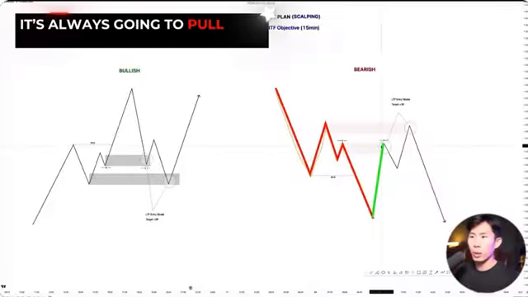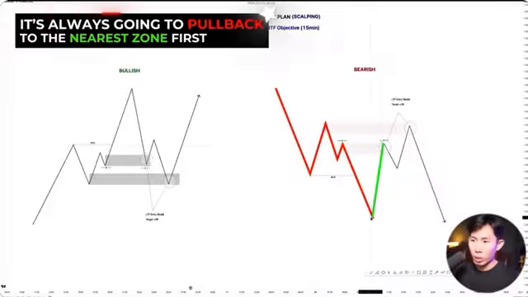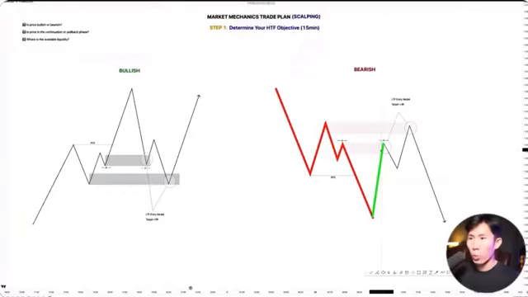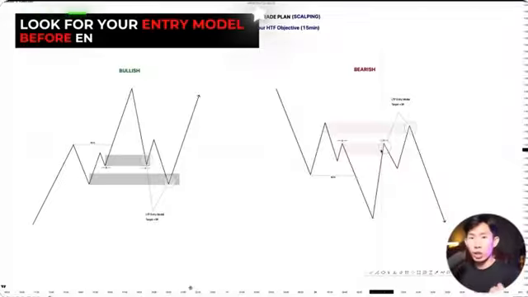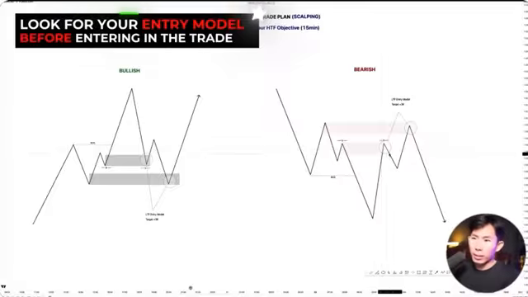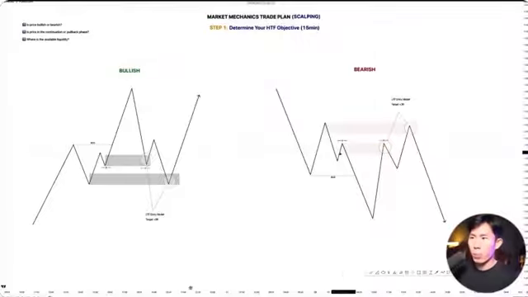Remember, it's always going to pull back to the near zone first. Once it pulls back to the near zone, this is where you want to observe what price does. That is why I say it's very important that you look for your entry model before you actually enter for the trade. You don't want to enter for a sell immediately right here because price stepped into this supply